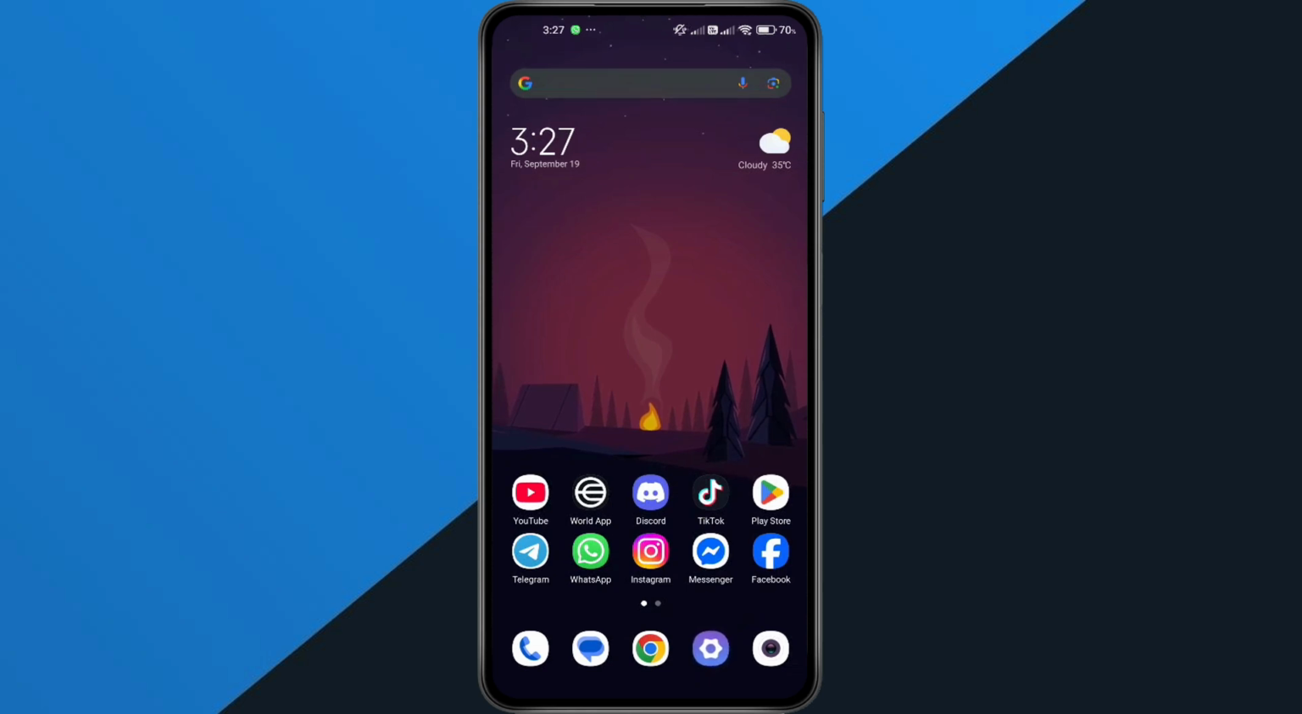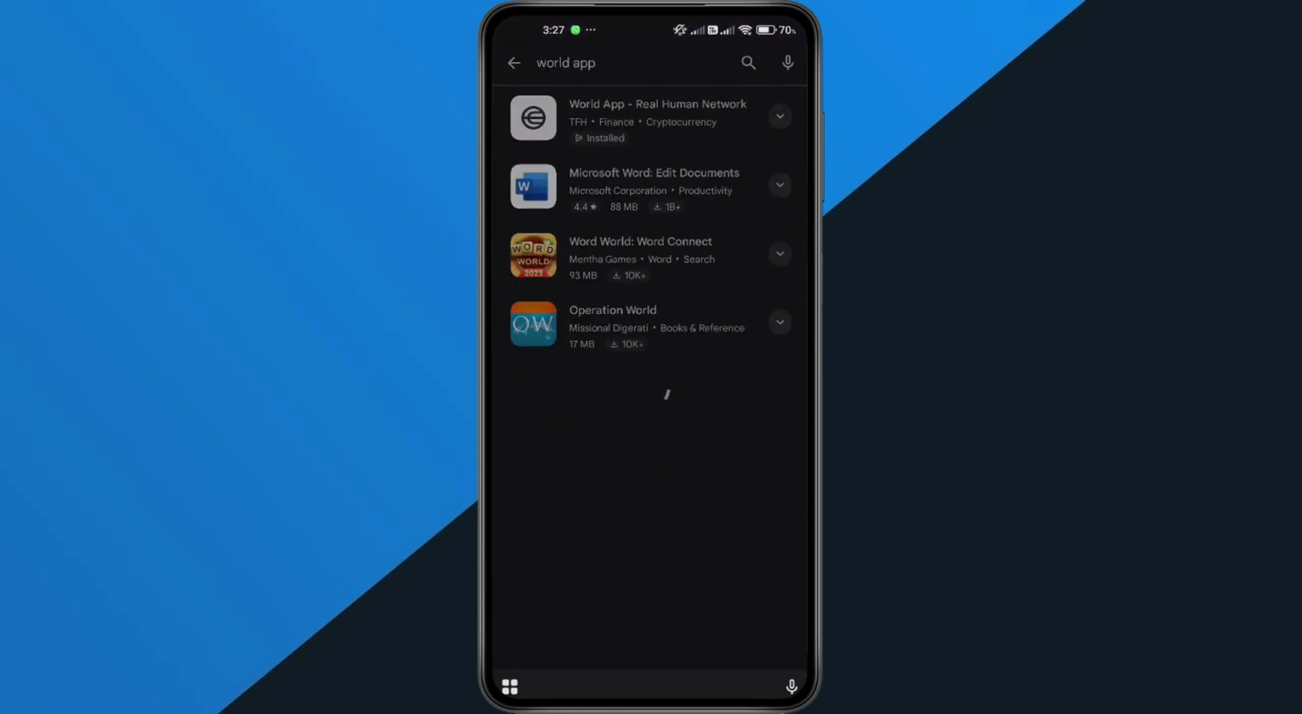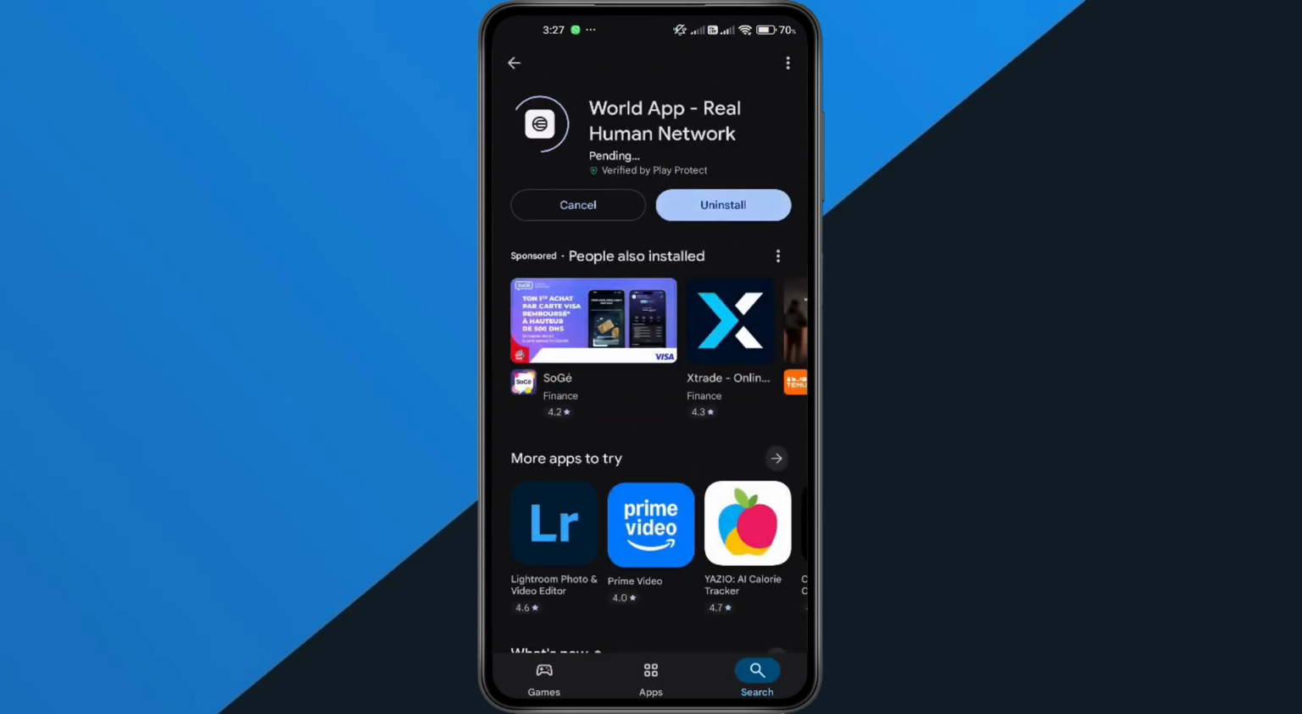Now check if the app needs an update. Go to the Play Store or App Store, search for World app, and if you see an update button, install it. Updates usually fix bugs and connection issues, and if none of that works, the final step is to uninstall